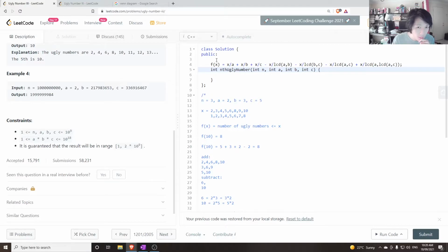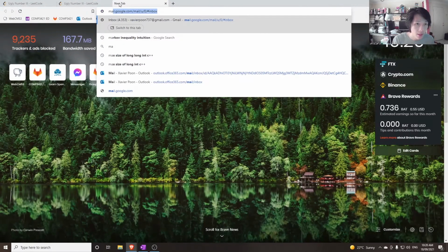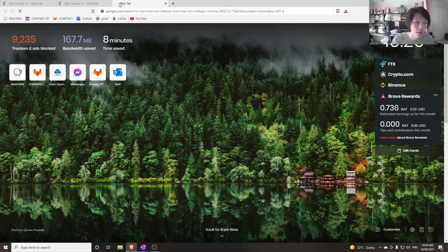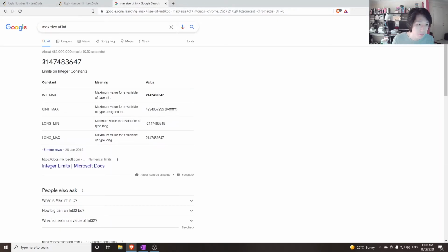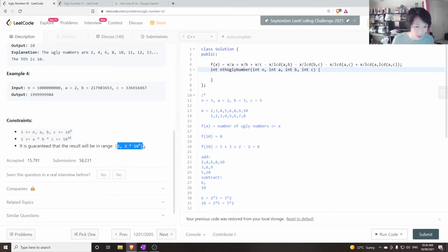A long would be more appropriate, so let's actually look. Max size of int. Right, that's 2 billion, 2 times 10 to the power of 9, and that's what they said here. So this would fit in an int, but